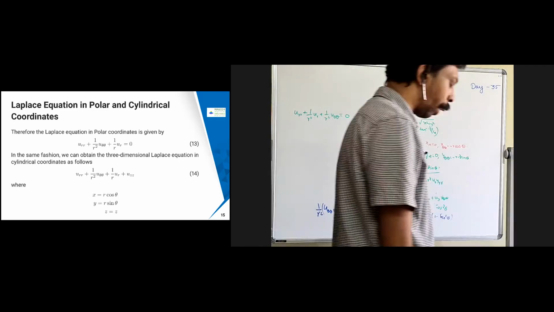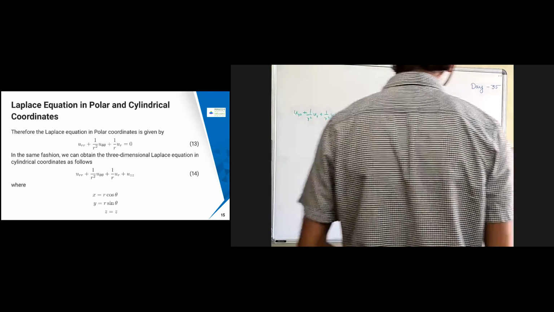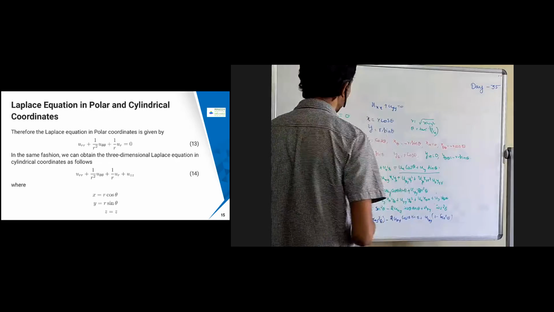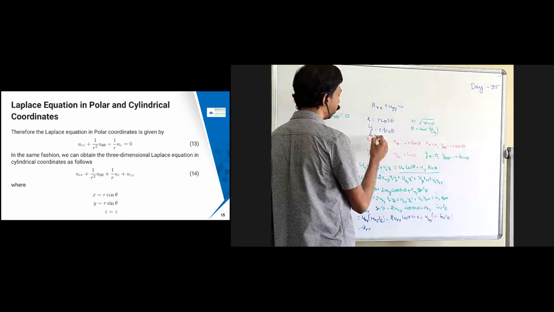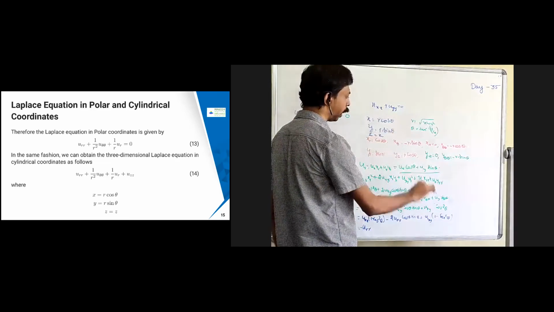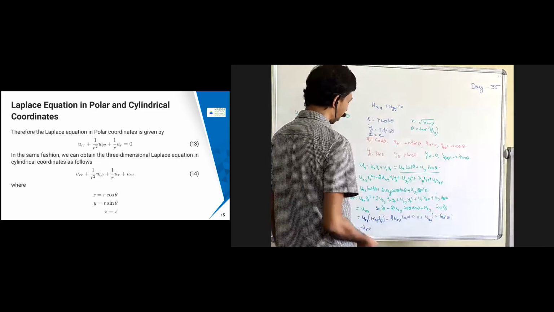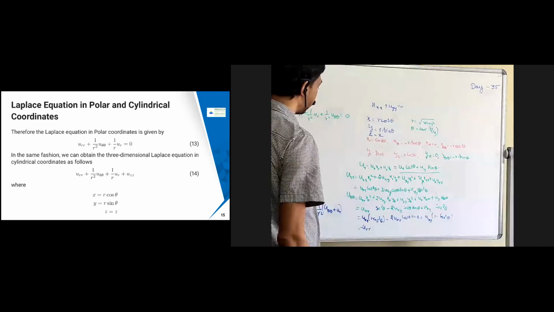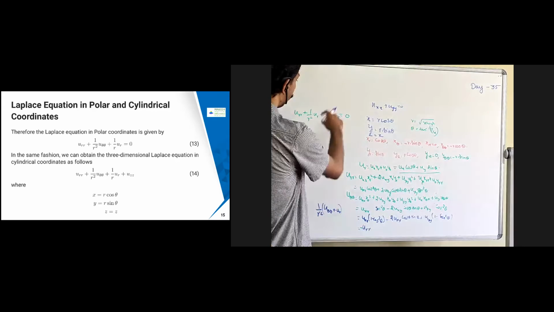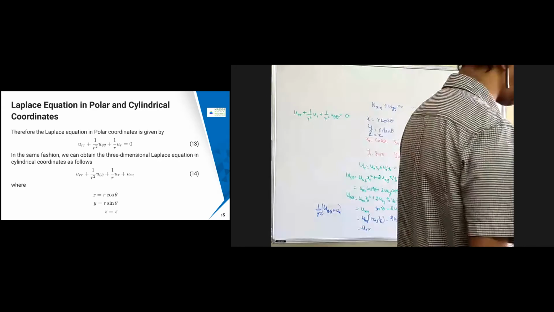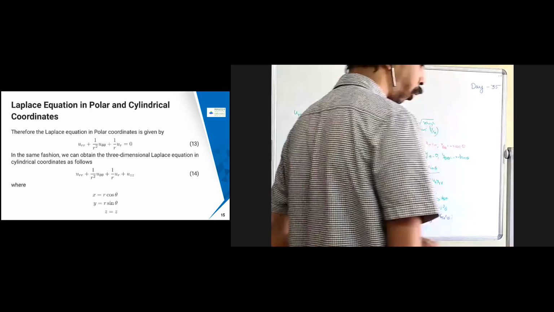Now, if we go for the cylindrical coordinates, the same kind of logic is going to come, because you are going to have only one extra term, z equal to z. That is not going to affect anything over here, because u is the same as whatever there is in the other one also. So only this is going to be there. In that case, plus u_zz is going to come. Remaining everything is the same. So that is the cylindrical coordinate form which you are going to get.